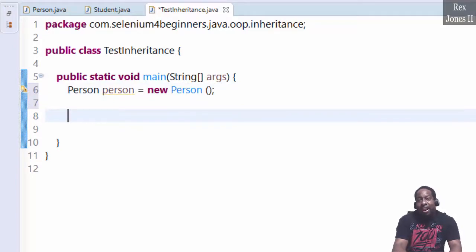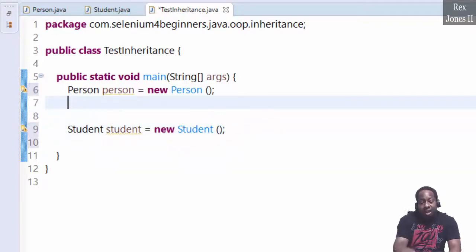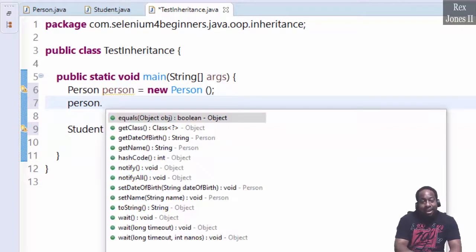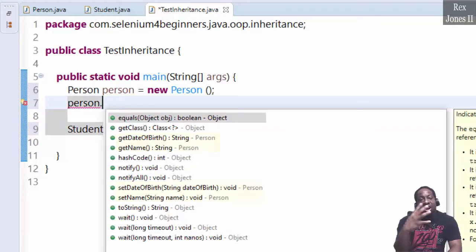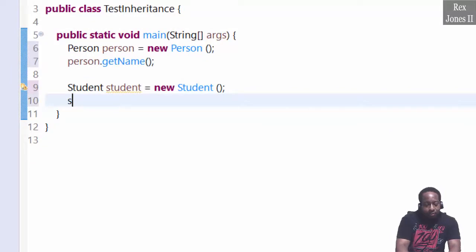A student is created by writing student equal new student. The person object dot has access to all four methods defined in the person class. Let's select get name from the person class. The student object